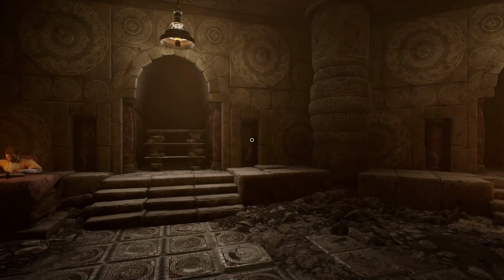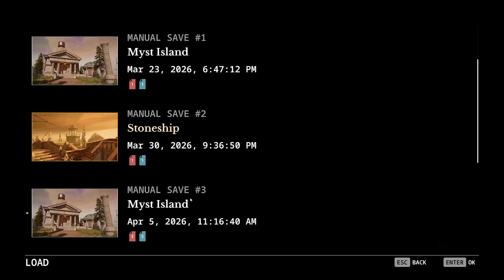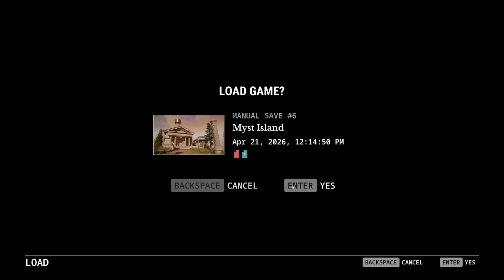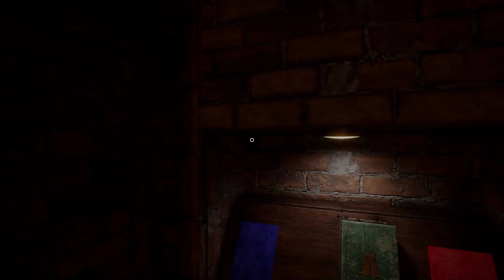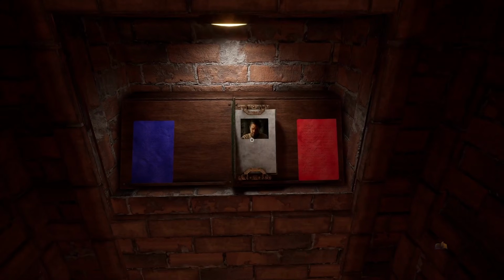We're going to reload the save. Let's see if he was going to say anything. And do I just start right there? I do. Okay, that's great. Yeah, I have a feeling that putting both pages in are bad endings, but